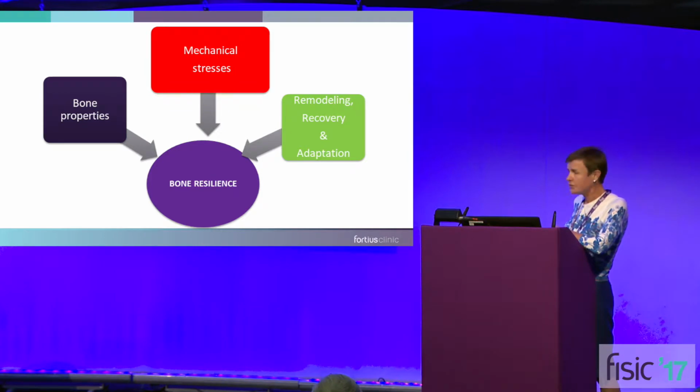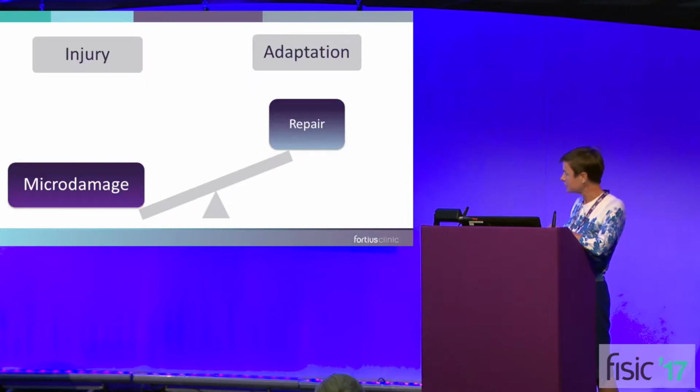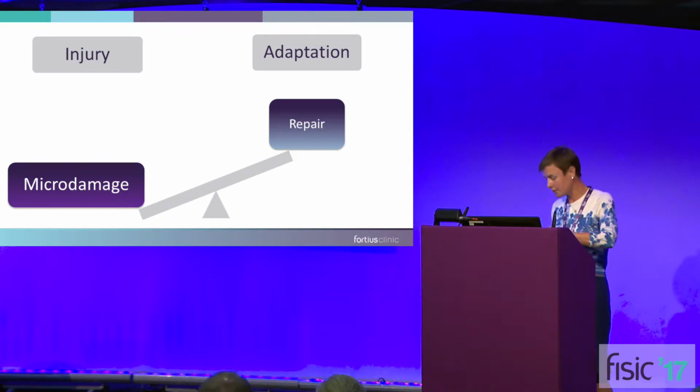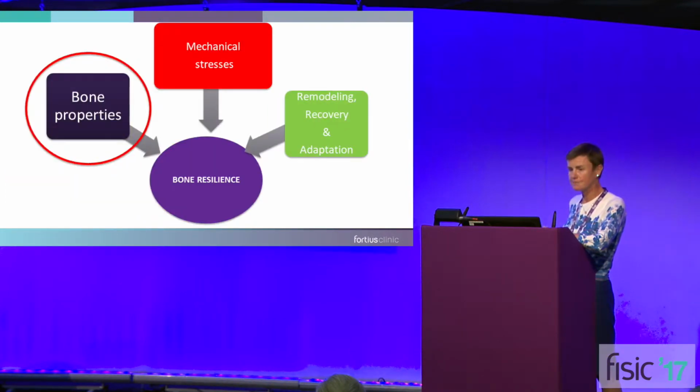But if there isn't, for example, resilient bone to back up the load that is being imposed elsewhere, so if there are problems with bone properties, or if there are excessive mechanical stresses upon the bone that are ongoing, or if the individual isn't able to recover in the way that they should from those loads, then that's when we run into some problems. So there is an accumulation of the microdamage as opposed to the repair that's occurring within the bone, and that is when we start to see bone stress injuries. So I'll start, first of all, by talking about the different things that can contribute to that process.